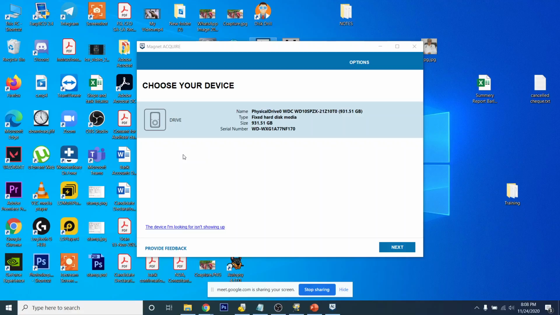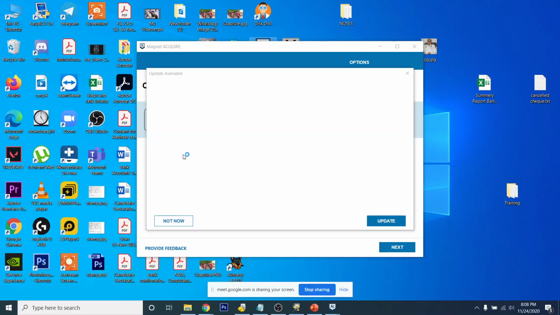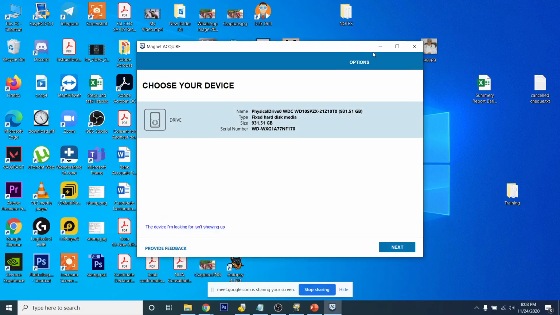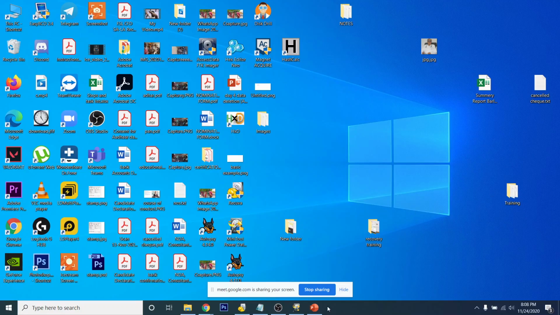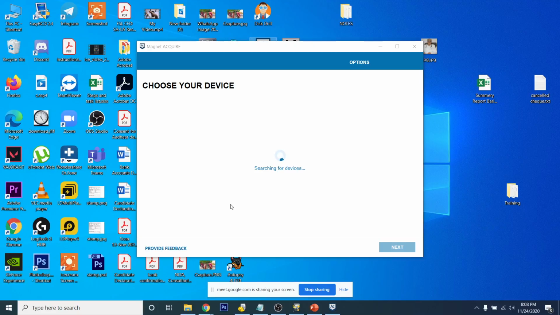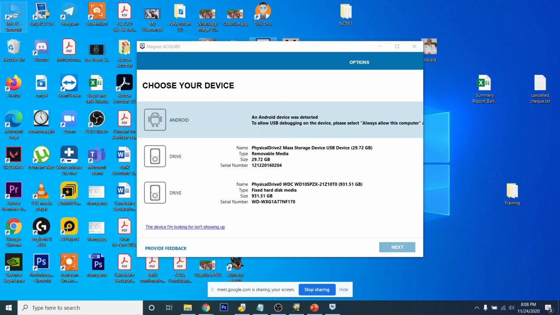Maybe the reason can be I have not restarted my PC because I just installed this Magnet Forensics. So maybe this can be the reason. I will be searching on this today. Don't worry. But according to me, the main reason is only one. I have not restarted the PC, so it is not collecting information about my main drive.